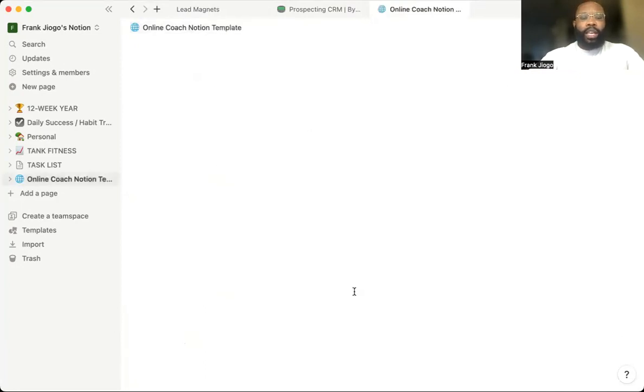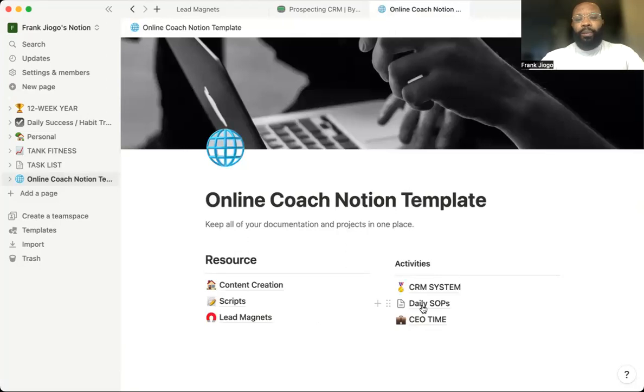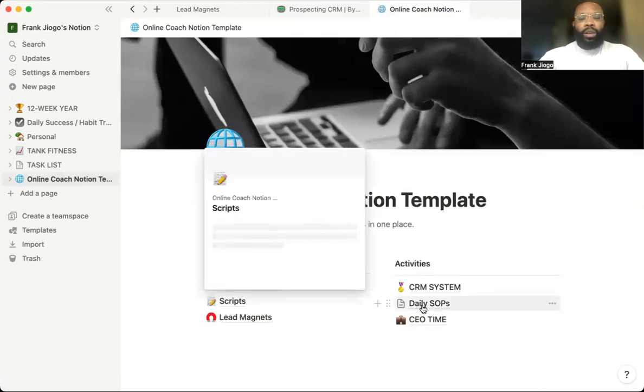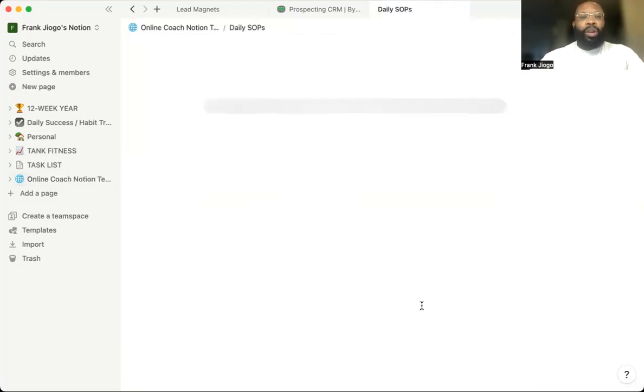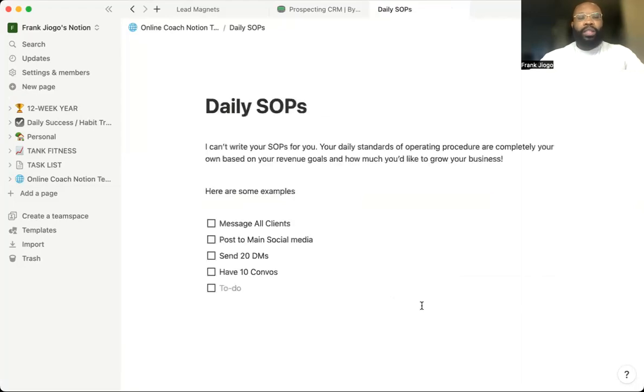All right, next section. So we've covered CEO time so far, and we've covered the lead magnets. The next place that I want to cover is going to be the daily SOPs. You should have daily standard operating procedures. You should have a list of things that you do every day to make sure your business is moving forward, right? I've given you guys some examples here. Feel free to fill this up with your own